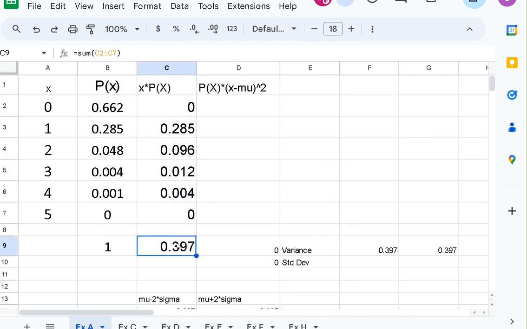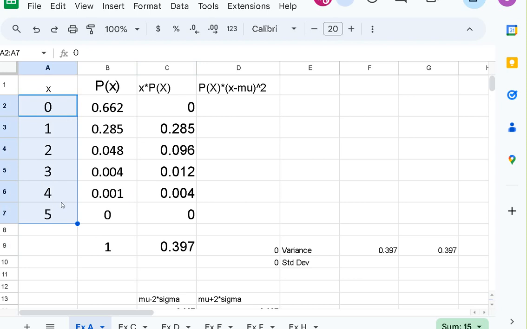There we go. So you should be getting about 0.397. That's the average value here, right? Was that one of the possibilities of a random variable, 0.397? No. A random variable can't take on that value. So our average value is not even something you could get out of this probability distribution, but that is the average value nonetheless.